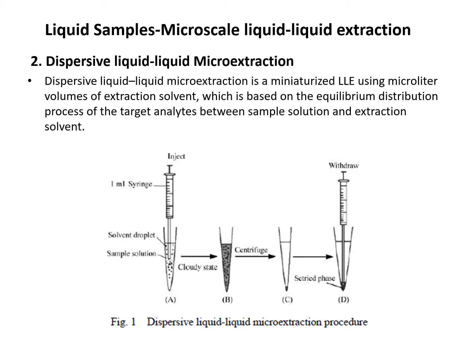So here, class, the solvent will be dropped into the sample solution by using the syringe, okay. Then the cloudy state will be formed as shown in figure B. The sample will be centrifuged for a few minutes, then we can get two layers. Then the down layer, which is the extracted layer, will be withdrawn by using the syringe. Then we can inject into the